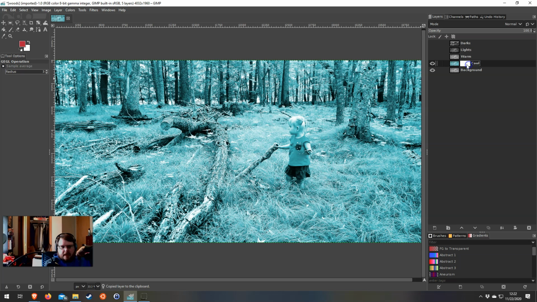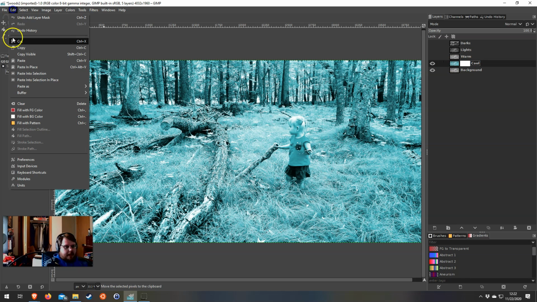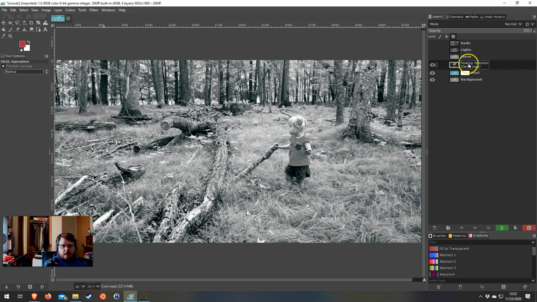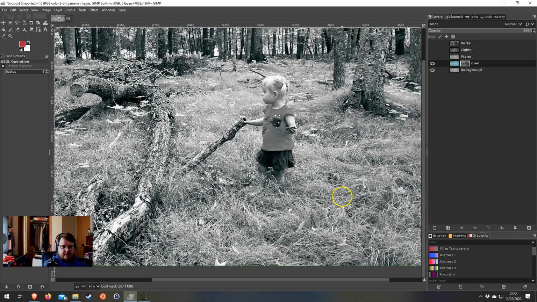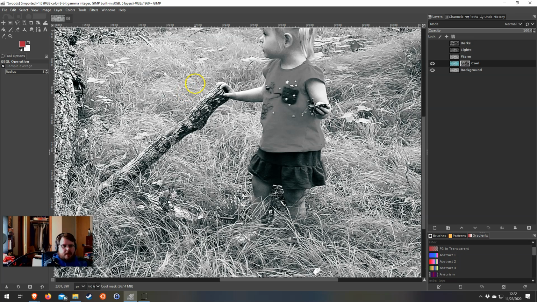Now we're going to click on the layer mask here, this part right here, not this part. We want to click on this part and hit edit and paste. It'll appear here as a floating selection. We just want to hit this anchor button, and that will anchor it into the layer mask. And now if you look at this picture, it's a subtle difference, but now the colors,